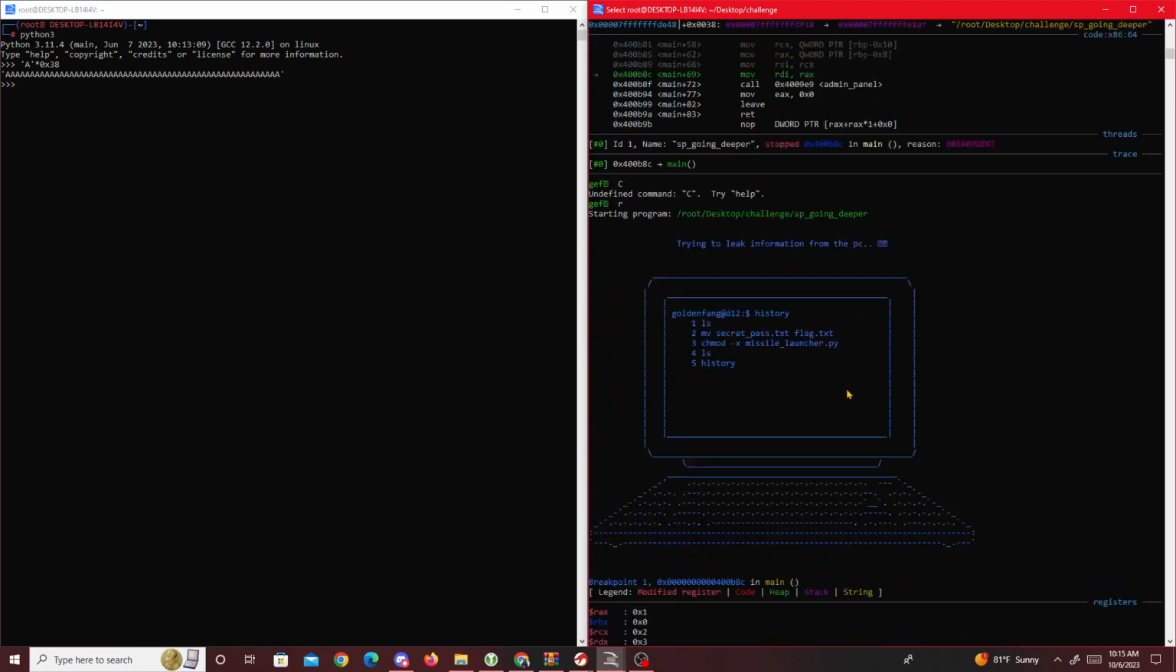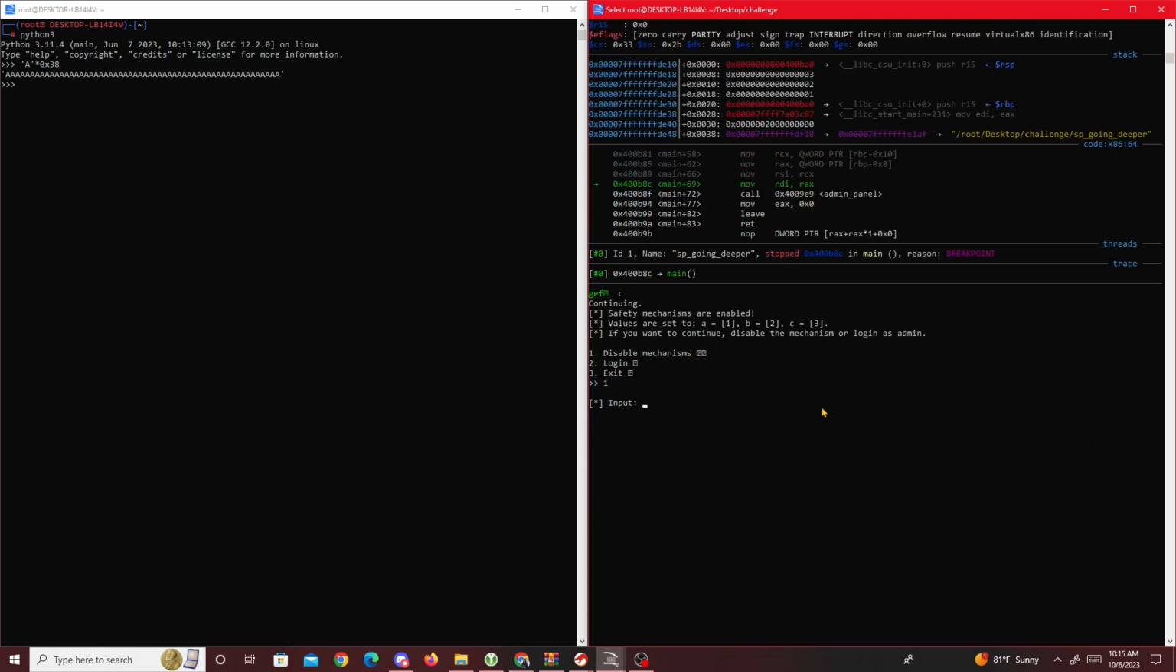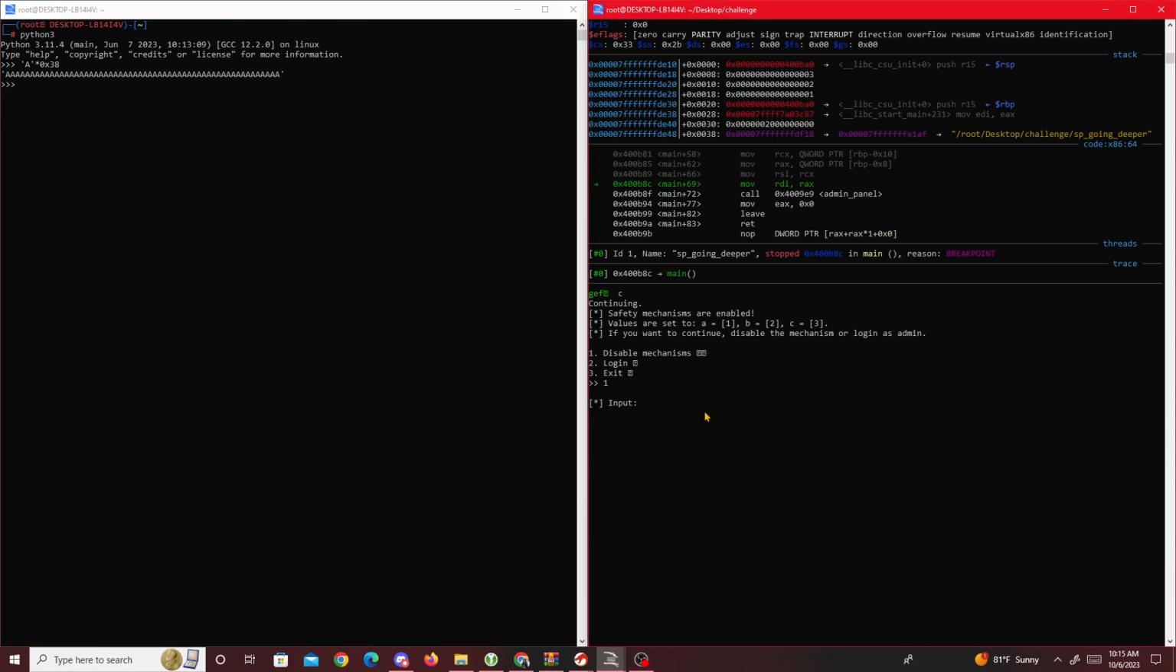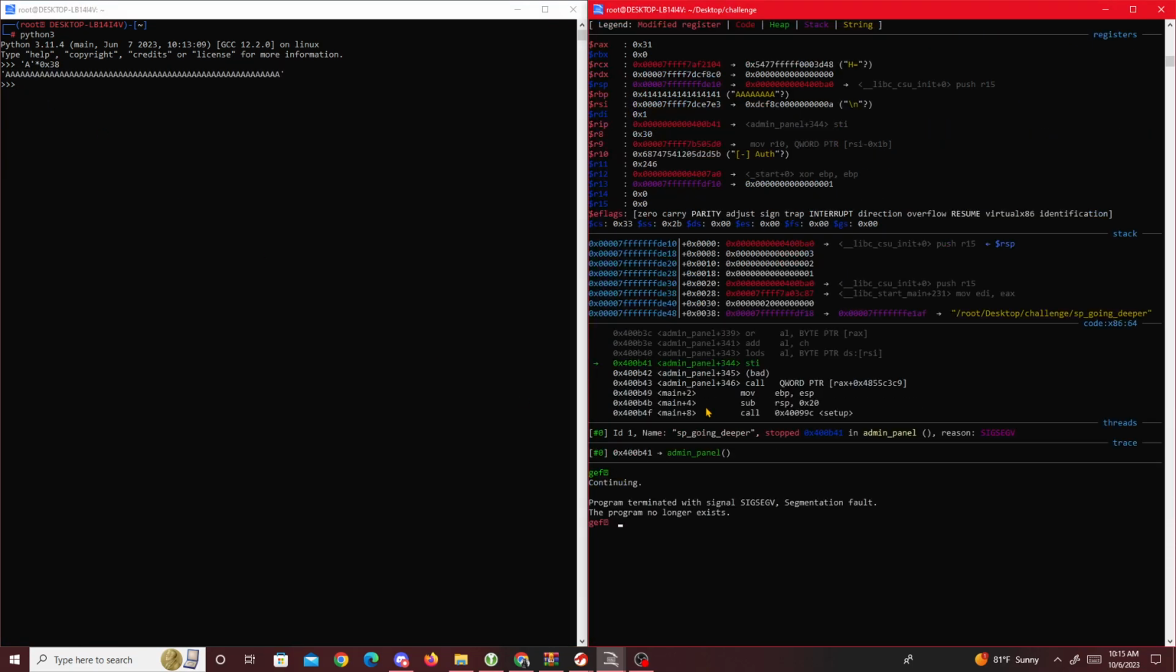So if we go right here and input something that's bigger, so I'll just input this along with an extra A. And we see right here it got changed. This last value got changed, and the reason why there was a 6F fall is because